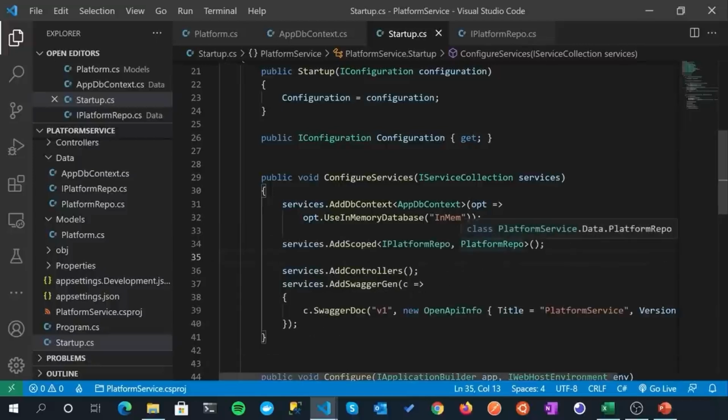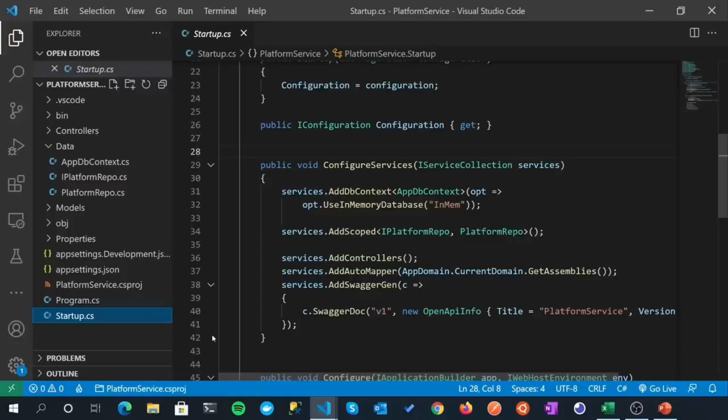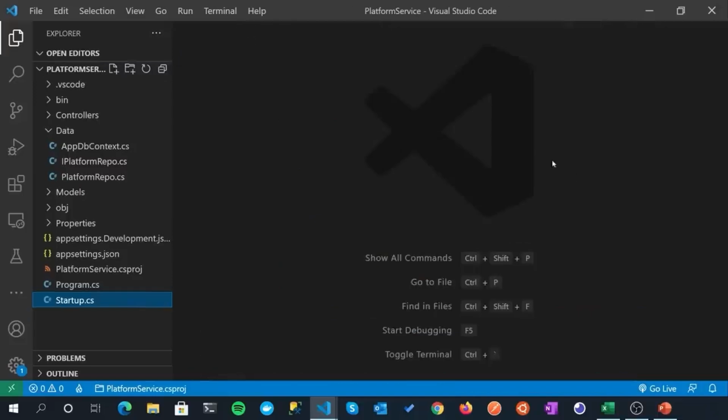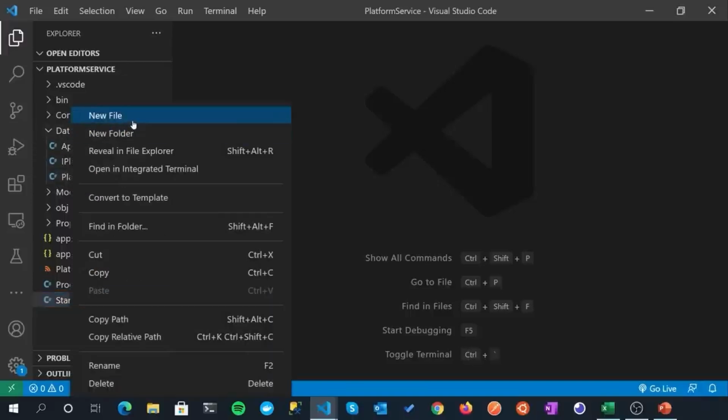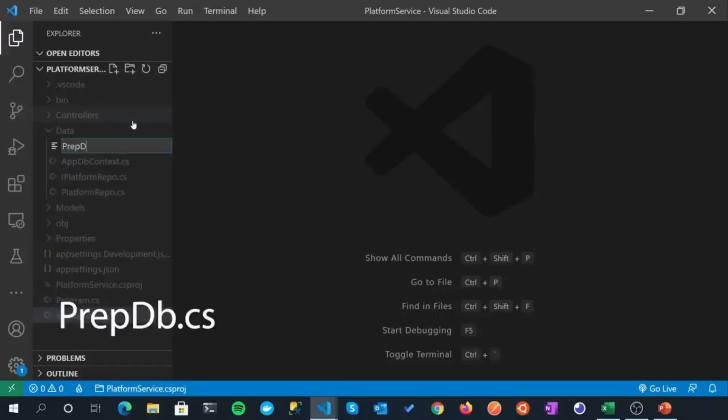So yes, next what we're going to move on to is creating a class to prepare a database with some example data. So just back over in our project, I'll close down our startup class and give us a bit more space. And yes, we're going to create our database preparation class. So over in data, just right click, new file, and we're going to call this prepdb.cs.